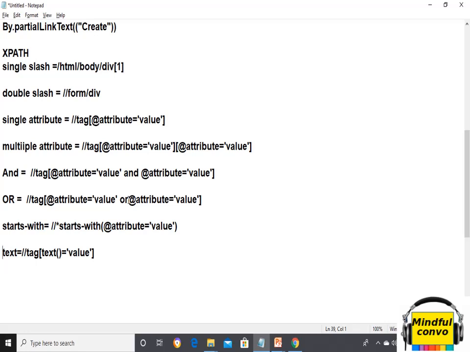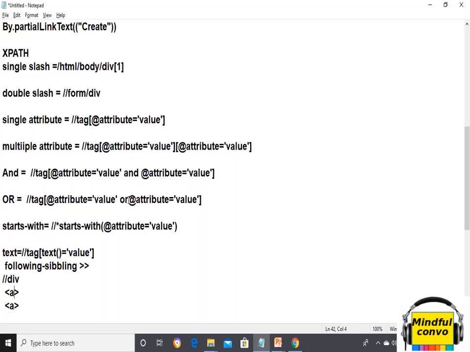Okay, now the other one, and the trickiest one, is the following sibling. So what do we mean by the following sibling? Just as we can see in the HTML document, we have a div tag, and after the div tag we have two tags in the same order.